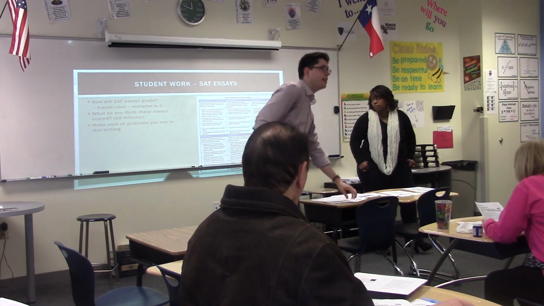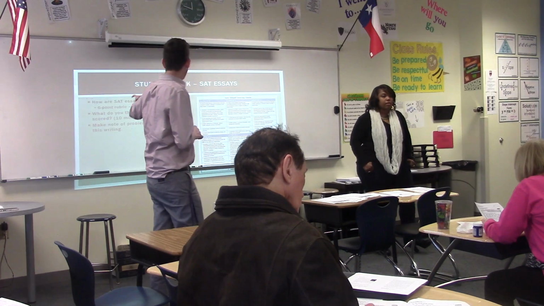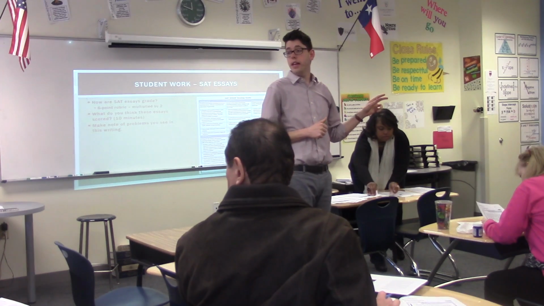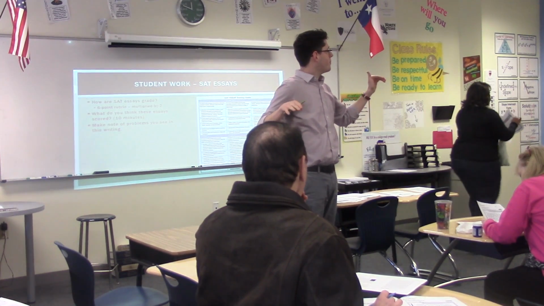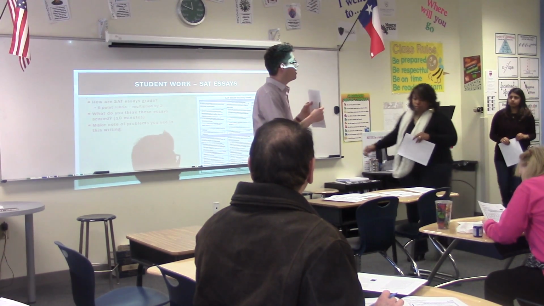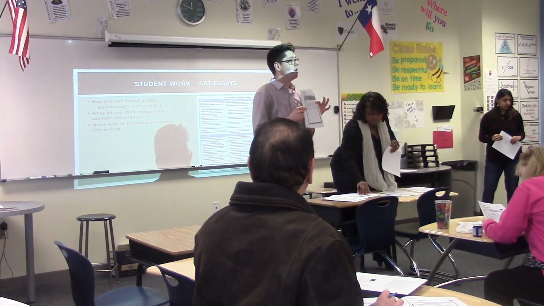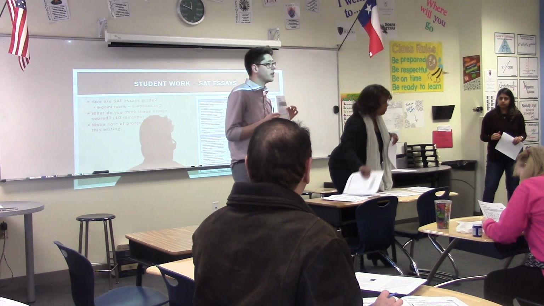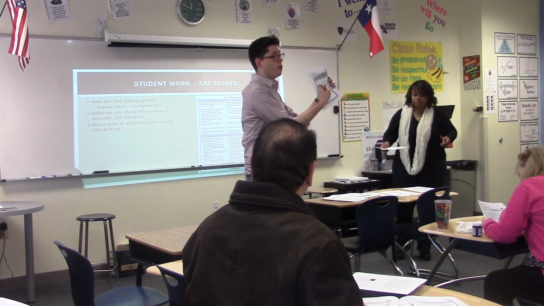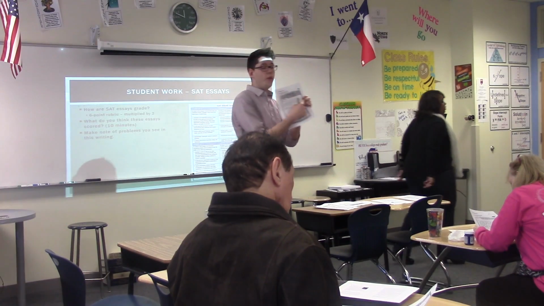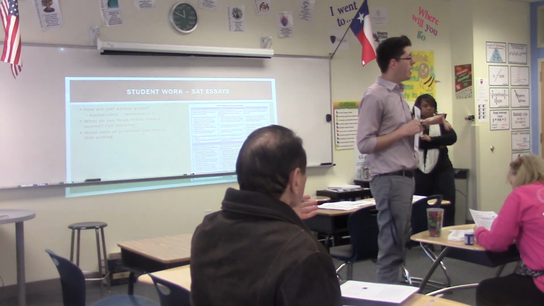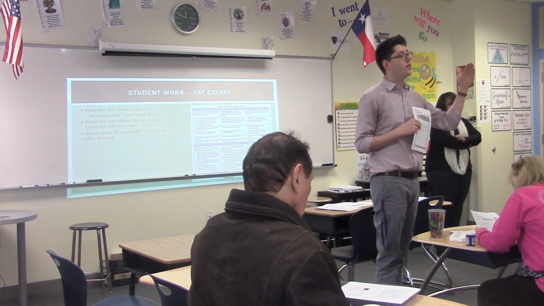Now I'd like you to take 10 minutes individually to read both essays. Let me reframe. These are our students. These are the actual essays that they wrote on their most recent SAT. So these have been scored by College Board, and I'll tell you the official scores when you're done. If you flip the first page, you'll find the actual prompts. If you could all take 10 minutes, read the prompts, read both essays, and doing the best you can, using the rubric in front of you, give it a score out of 6.